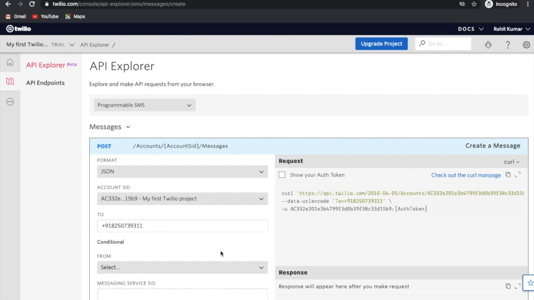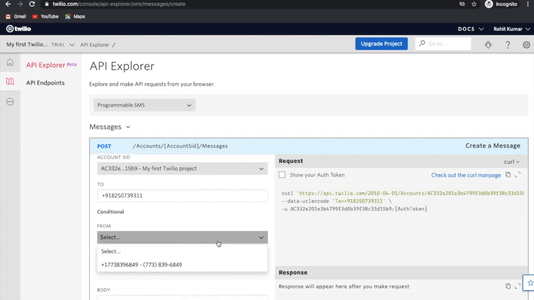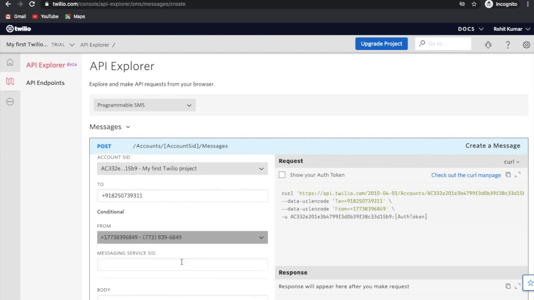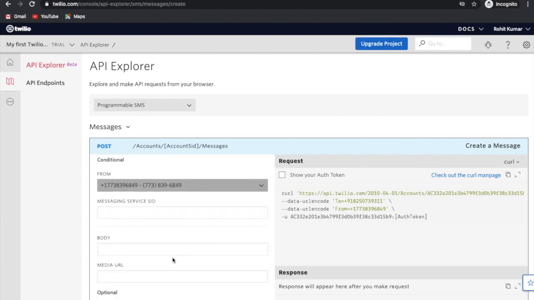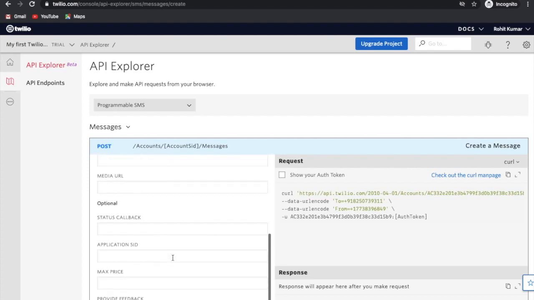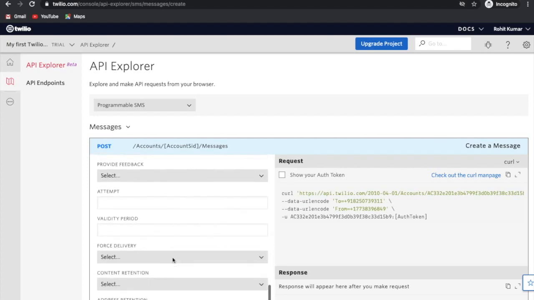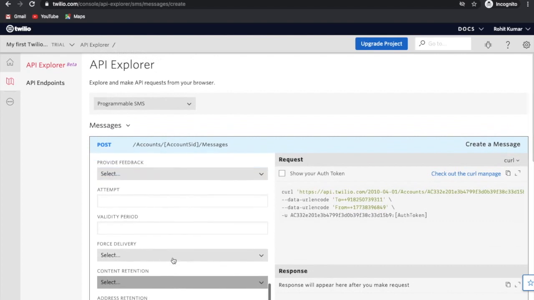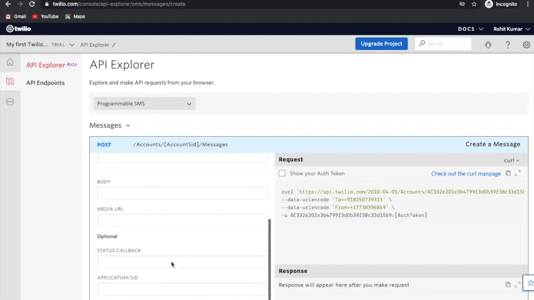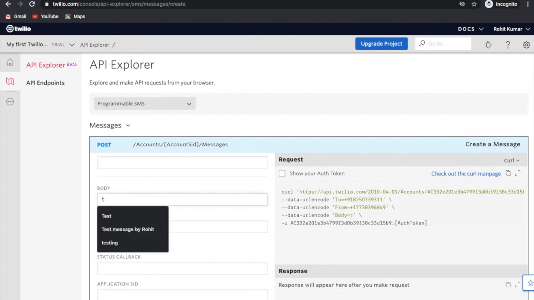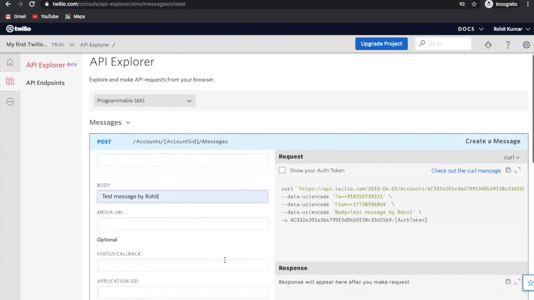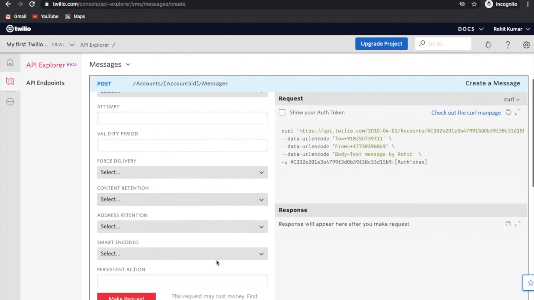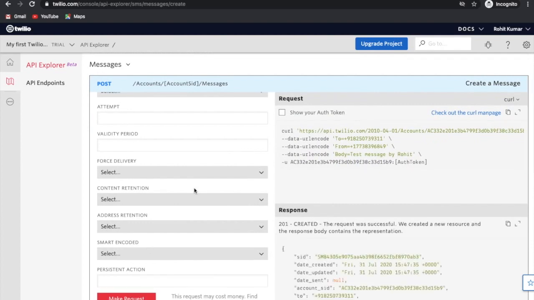I put my number into the form. I have to put this number, because this is my trial number, and in the message I can put some message. So let's put some message here. If I scroll down, there is a message option, body: test message by Rohit. So I put that, and once I click the send option, I would be able to call